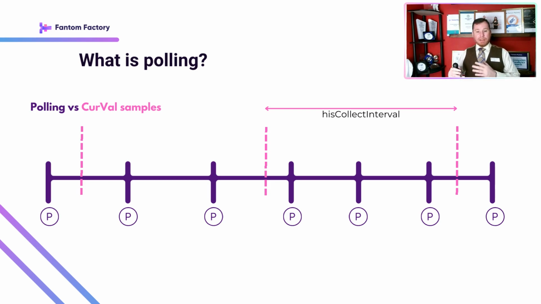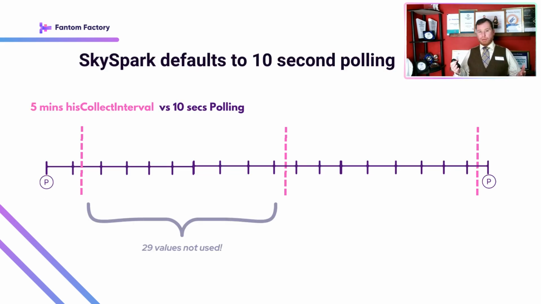Now, on our timeline plot here, note the irregular poll times over the very regular hisCollect interval times. This is fairly accurate because SkySpark defaults to 10 seconds, and if you're on a very overloaded server, SkySpark can't guarantee that exactly 10 seconds on the dot is going to be able to make that poll. All kind of network problems ensue. But as a whole, SkySpark, with its bucket polling mode and everything, does a pretty good job of keeping polls running smoothly and regularly.